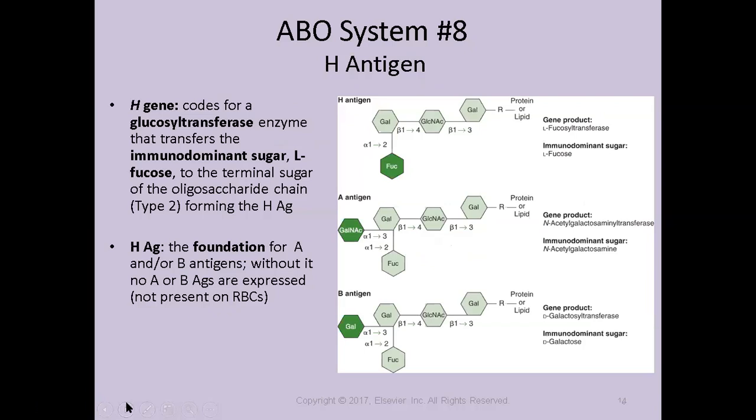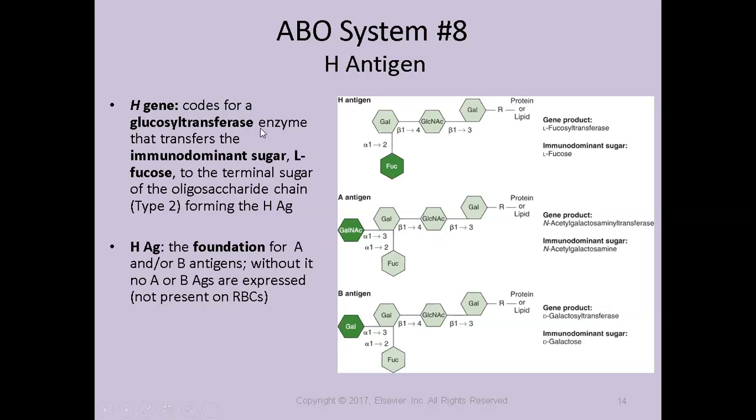So let's talk a little bit about how these antigens are constructed. What's very, very important to remember is that inheriting these alleles doesn't automatically mean you have the antigen. There's much more involved. It's really chemistry. We're going to look at big H first. So the big H gene, remember, you have to have at least one. It actually codes for an enzyme, a